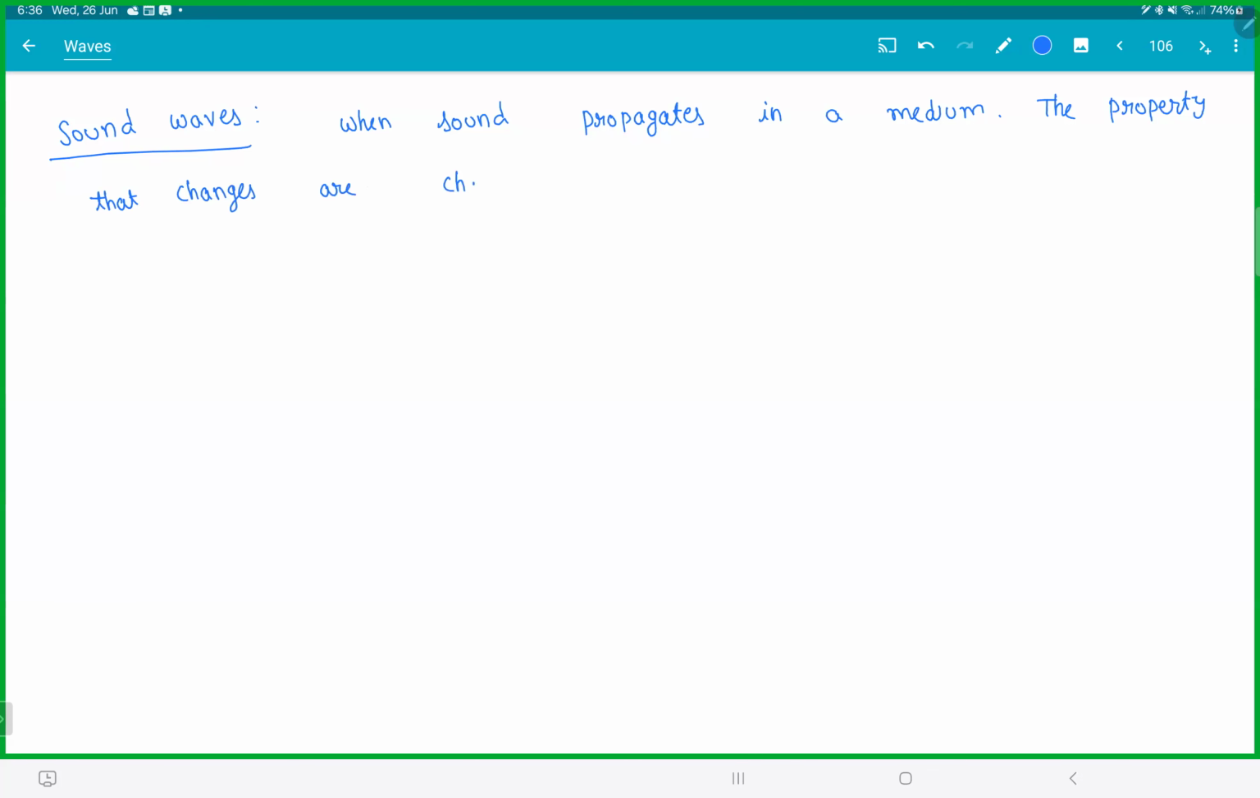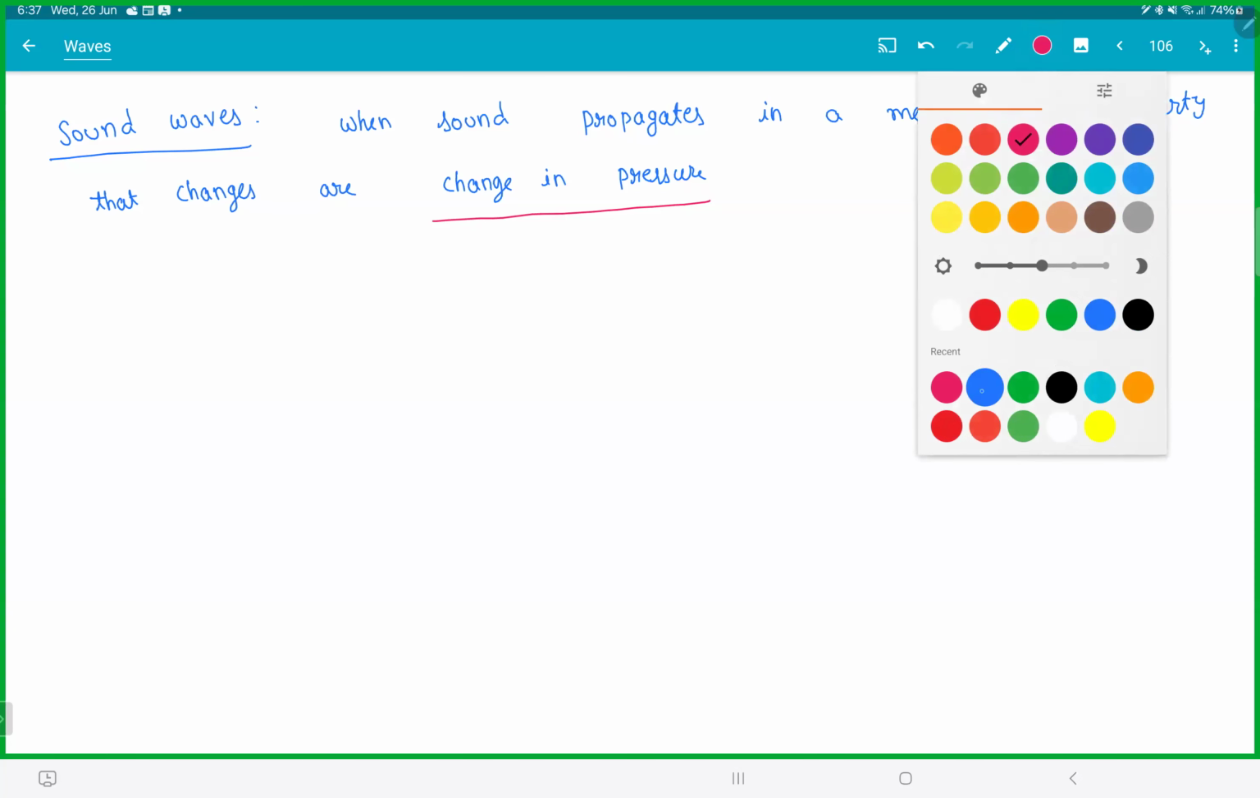are change in pressure. This was a CET question. When a sound wave is propagating in a medium, which of the following quantities change? Options were pressure, change in pressure, something else they gave. It was change in pressure. It is not pressure. You'll see what it means. So change in pressure,